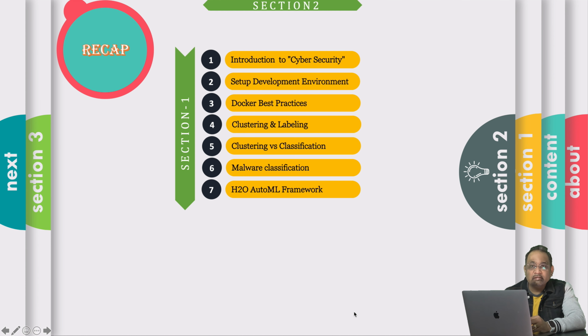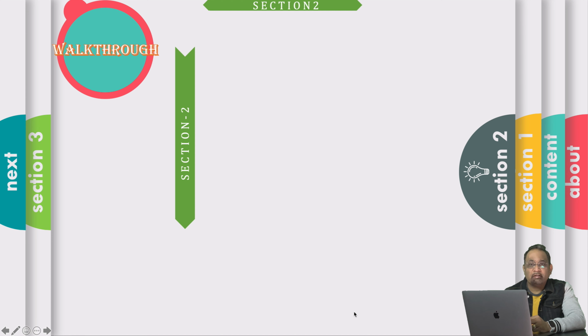As previously discussed, we will cover the following topics in section 2. In the first video, we will briefly talk about Apache Spark and how we can use it to implement machine learning use cases. In the same video, we will also discuss how Apache Spark leverages Kubernetes for managing cluster resources, and at last, we will set up our ML development environment to implement the cybersecurity use cases we discussed in the past.